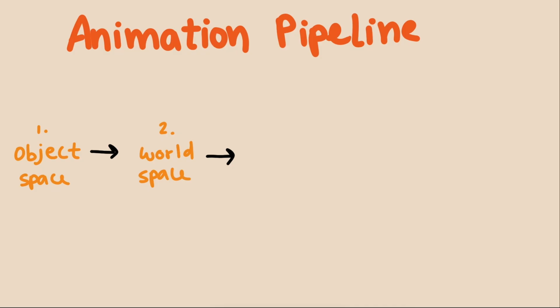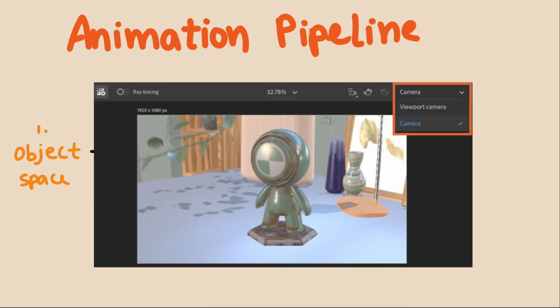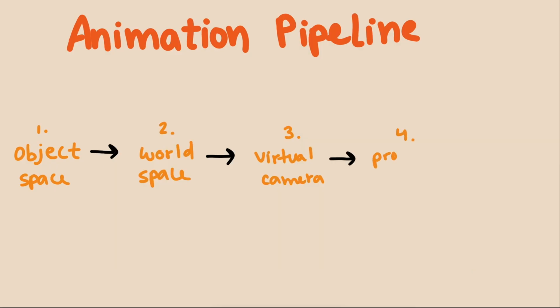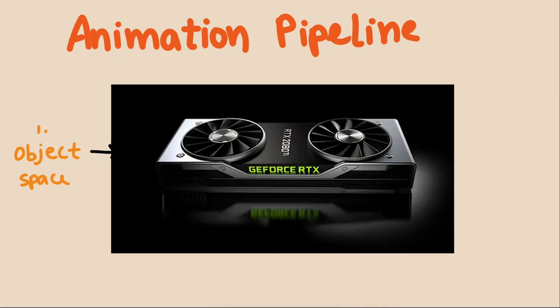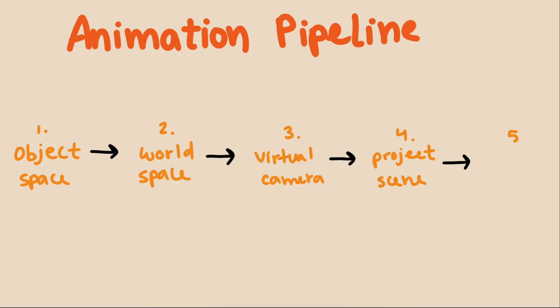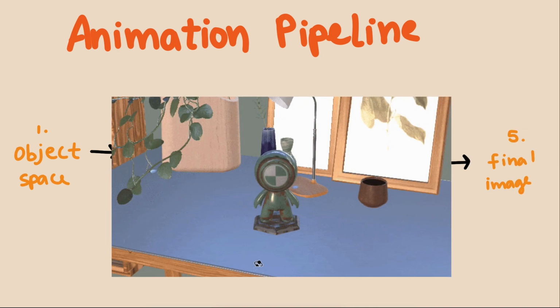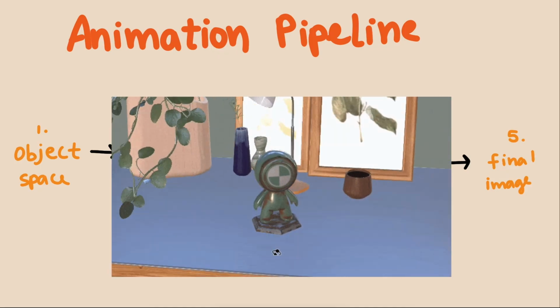Once the scene is built, a virtual camera is introduced and everything in world space is transformed again, this time relative to the camera's position and perspective. Next, the computer has to project the scene, mapping 3D coordinates onto a 2D viewing plane, deciding which objects are visible and which are hidden behind others. This process demands massive real-time matrix computation from the graphics card. And finally, the projected view is converted into screen coordinates so your monitor knows exactly what to display in each